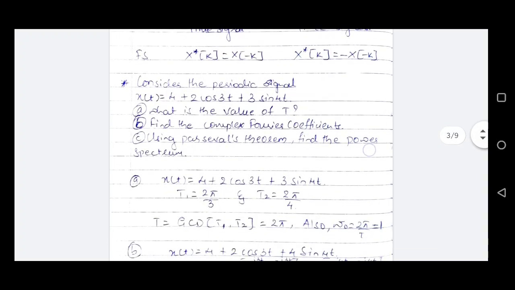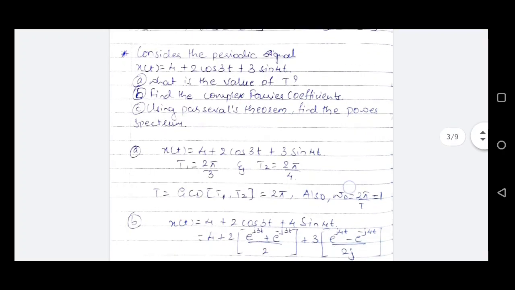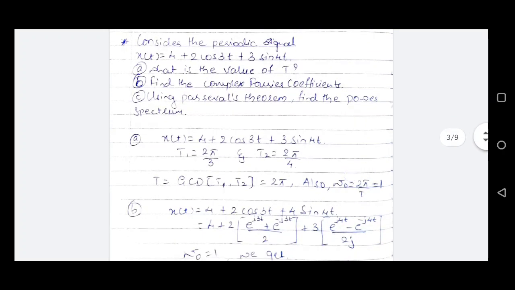So let us consider the first problem for the day. Consider the periodic signal x of t equals to 4 plus 2 cos 3t plus 3 sine of 4t. For the given continuous time periodic signal, we need to find the fundamental period capital T. Then we need to obtain the complex Fourier series coefficients, and then by using Parseval's theorem, we need to plot